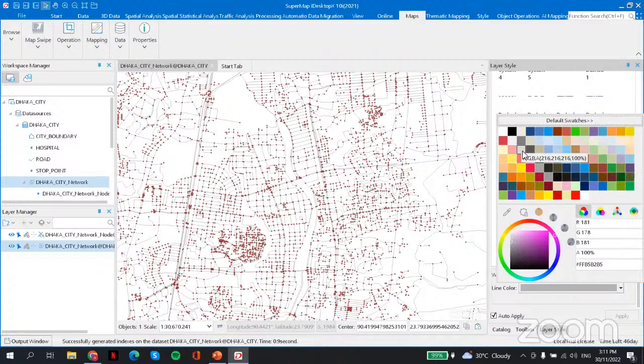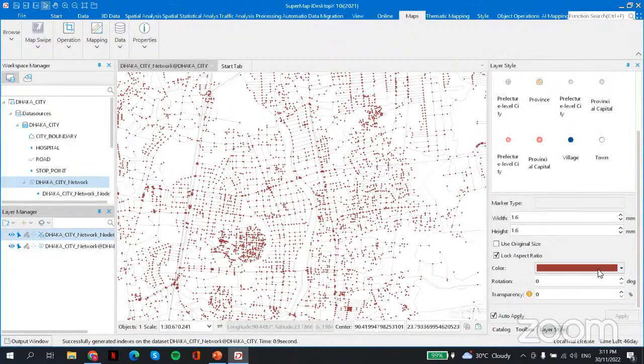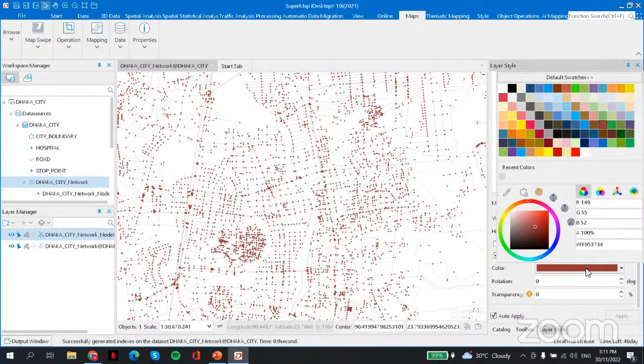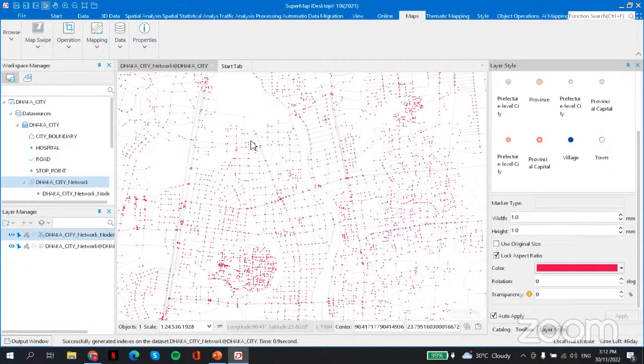And for this one, I'm going to change the color to red, and I'm also going to change the width to 0.1. So this is the built network that we already created, which is in 2D.